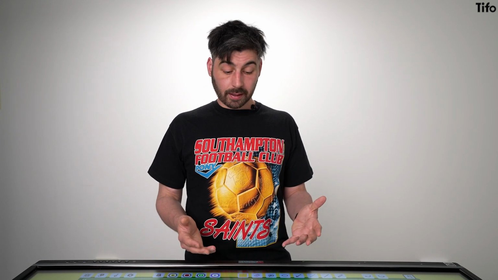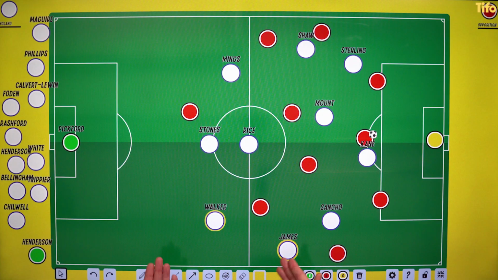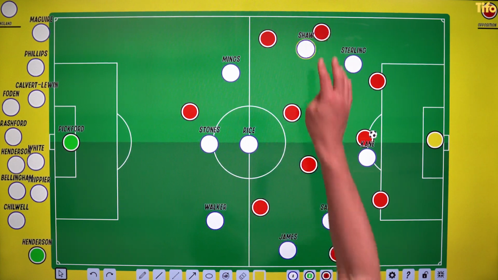It may be that Southgate takes the opportunity to experiment a little bit, and it is worth noting that in Kyle Walker and Reece James, he has two players who can play as right-sided centre-backs and right wing-backs and right full-backs. Reece James has obviously been doing this really well for Chelsea recently. And on the left-hand side, Luke Shaw has played as a left-sided centre-back for Manchester United. So there is versatility in this squad as well in the defensive positions, but you wouldn't want any of those players to play as a centre-back in a back four.